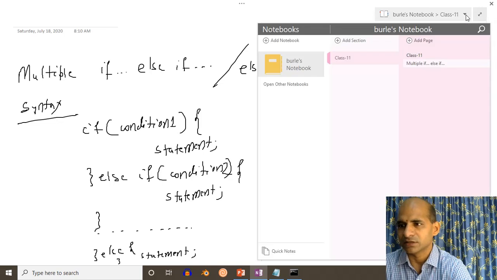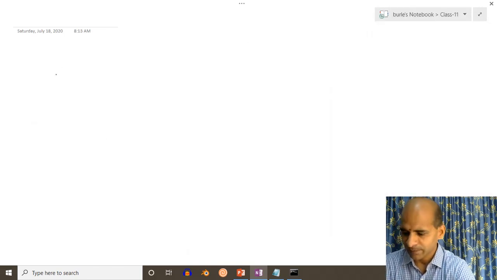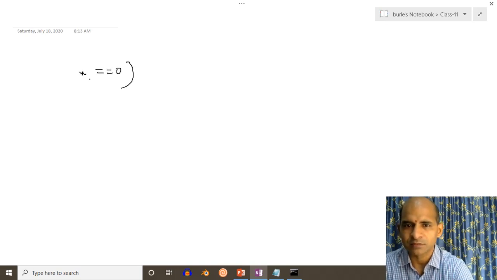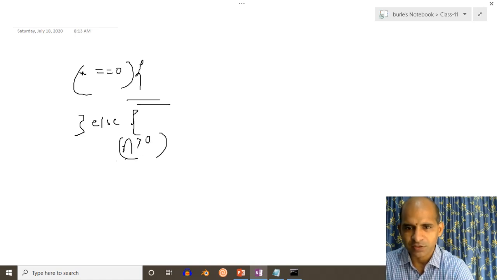So the question is, is there any alternate solution? The answer is yes, there is another solution available. So now from the beginning we will check whether the number inputted by the user is 0 or not. If 0, then we will say that you are not allowed to input 0, and then we will check whether the number is greater than 0 or not. If the number is greater than 0, we will display the answer. Otherwise, we have to say that the number is negative. So this answer is possible by using nested if.